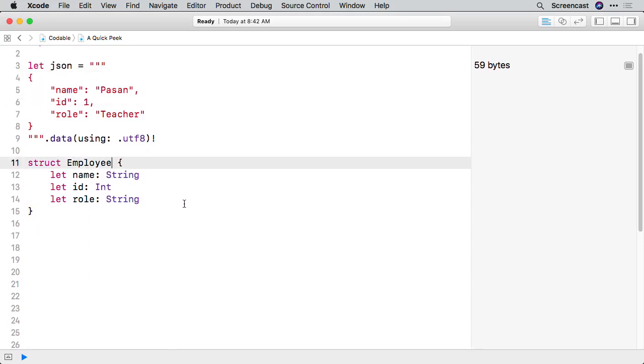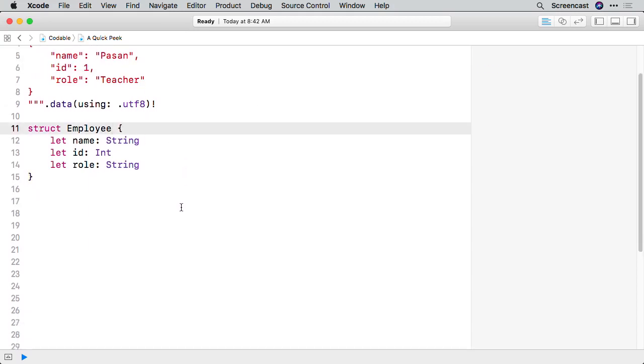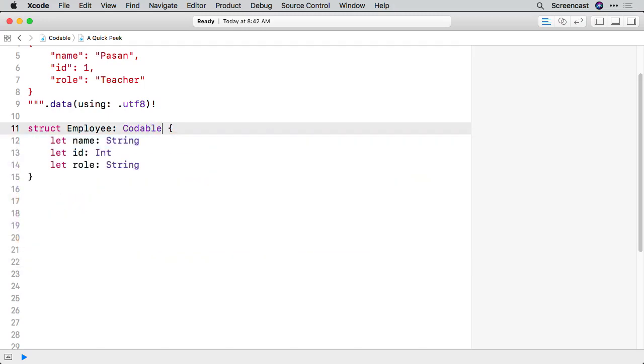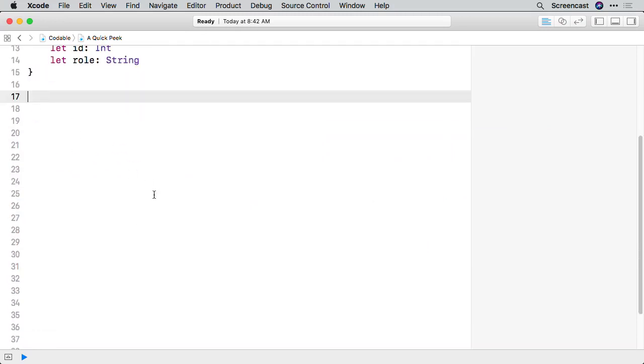So step 1, we're going to make our model conform to the Codable protocol. There should be no additional work to do beyond that, and we'll get into the why later. That's all we need to do with the model. Step 2, we need a decoder to handle decoding the JSON, parsing it, and assigning values to the stored properties in our model. Foundation now includes, as of Swift 4, new built-in decoder types, so let's create an instance of